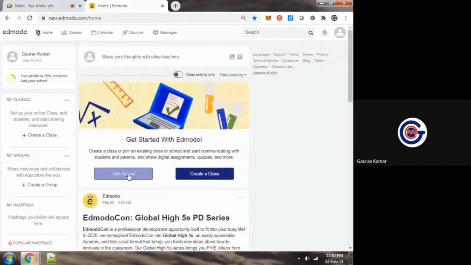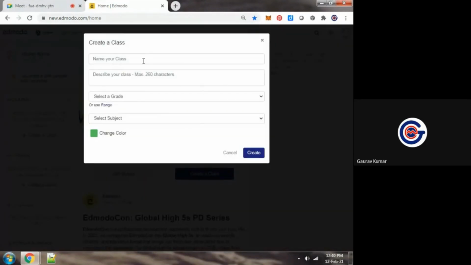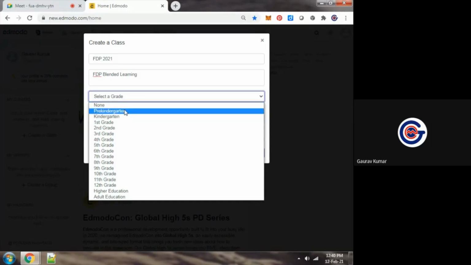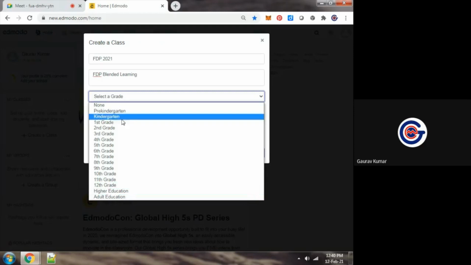Okay, so we can create a class. You can see the name of your class, for example, FDP 2021, FDP blended learning. It is usable for multiple segments and categories, starting from pre-kindergarten to higher education.